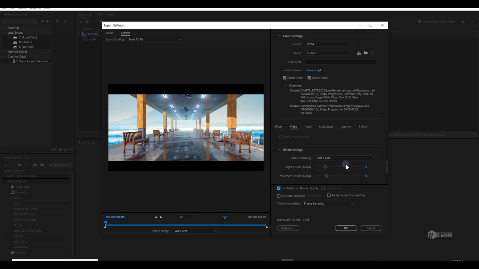Let's move a little bit down and there you will see a few options like bit rate settings. By default it is set to the VBR 1 pass. You can change it to the CBR also, but I am okay with both because I don't see any specific difference between CBR and VBR render output. Let me show you, you will get the idea. If I check CBR and set it to 50, this is the max.